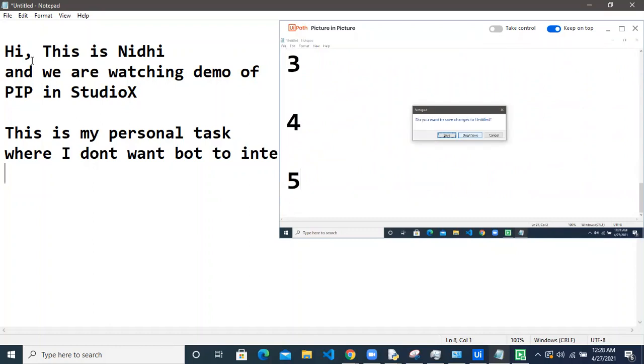And there you can see the bot has done its task while I was also using the same Windows, mouse, and keyboard. Now you can see that the bot has done the execution.